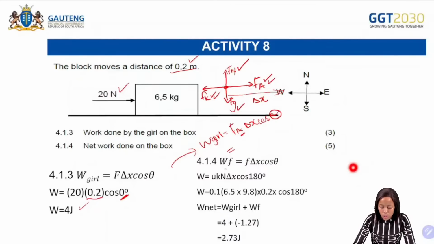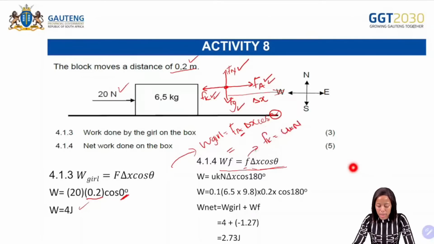So what are we going to do? We are going to use this formula. Where do we get the formula? On the formula sheet. The work done by friction is F for friction, change in x, and cos theta, right? Then, what is the formula of friction? The formula of friction is Fk equals mu k multiplied by